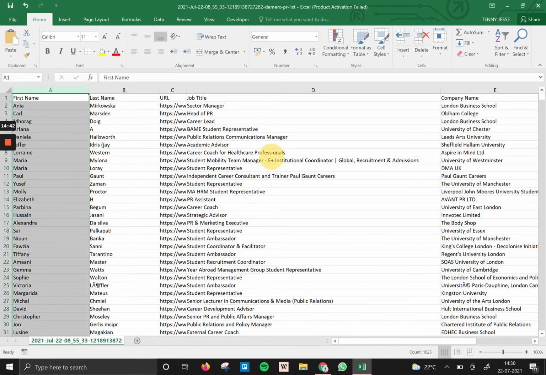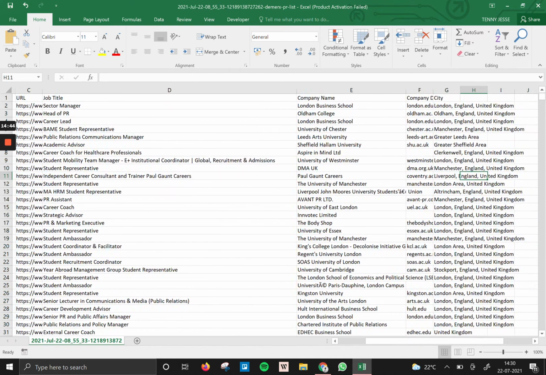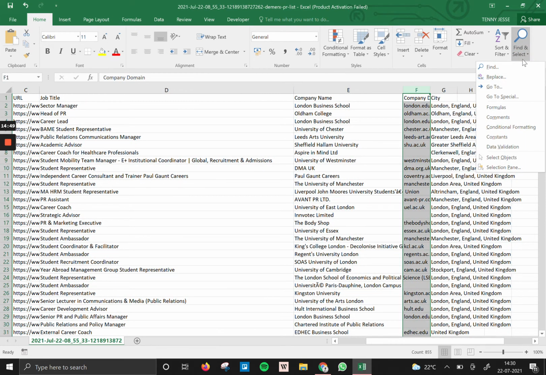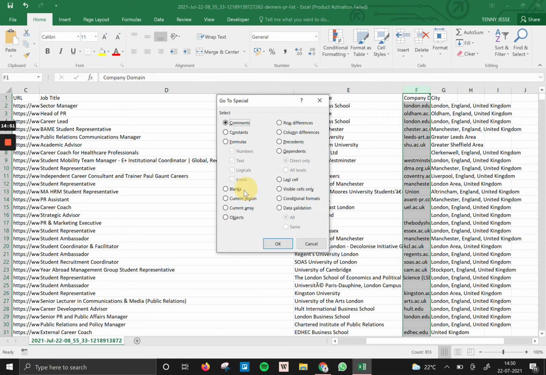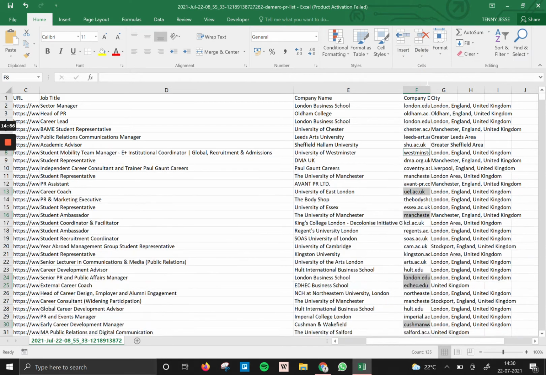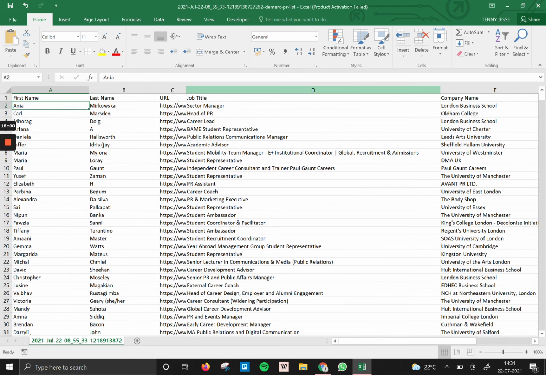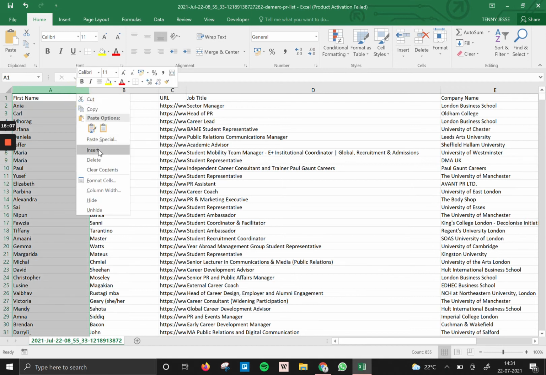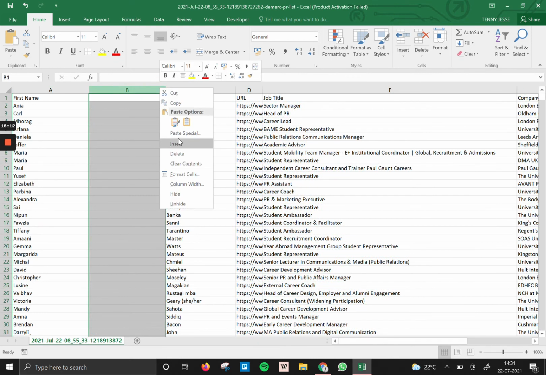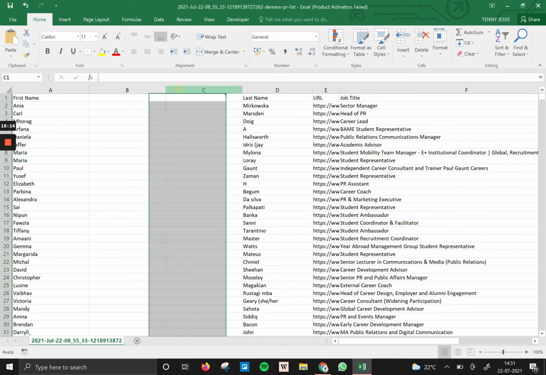And a quick thing: if our data doesn't have any domain, it's useless for us. So you can just select it, go to special, go to blank, hit OK, and you can just delete the rows which don't have any domain. Now your list is pretty much smaller because whatever doesn't have a domain is useless for us. And a few other things you can do is just select multiple rows, and you can basically